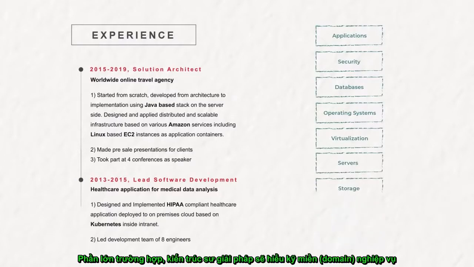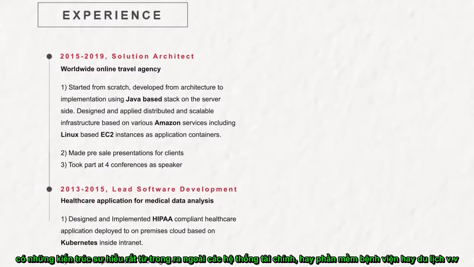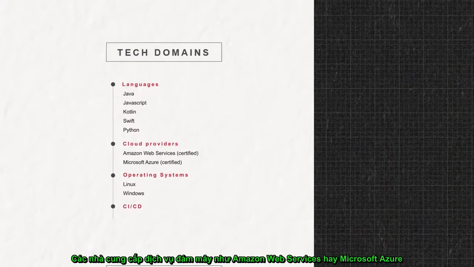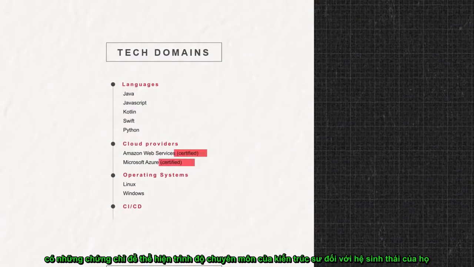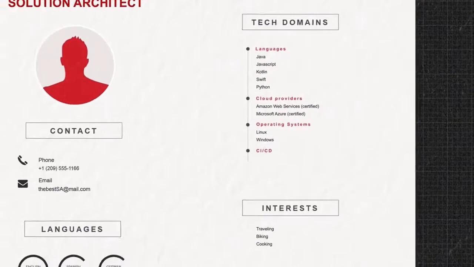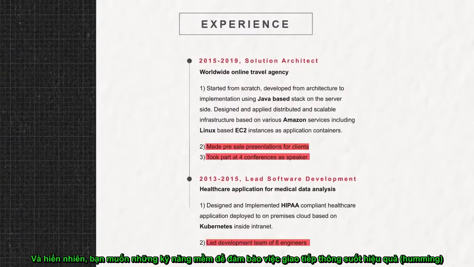Most likely, a solution architect would understand a domain. There are architects who know the ins and outs of financial systems or healthcare software or travel. You name it. They may also have tech domains. Cloud providers like Amazon Web Services and Microsoft Azure offer architect certifications to demonstrate their proficiency with these ecosystems. So look for that if you plan to hire one. And obviously, you want the soft skills that keep all that communication humming.